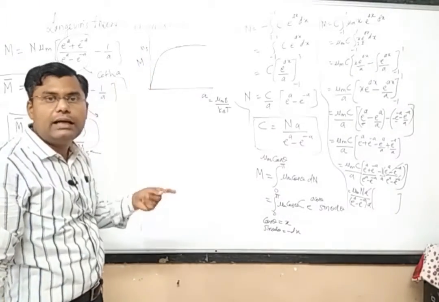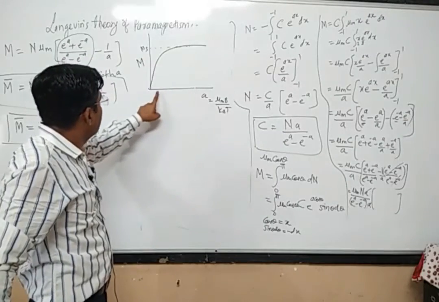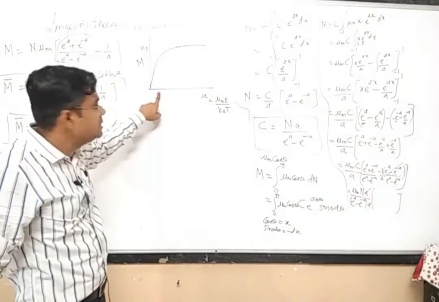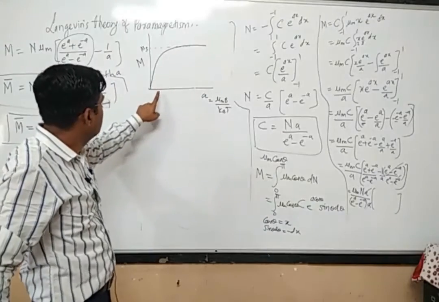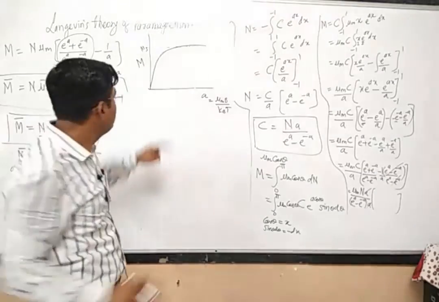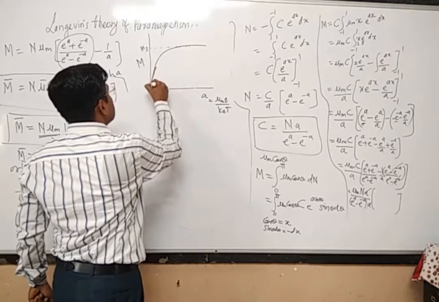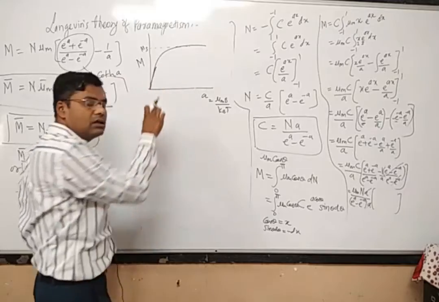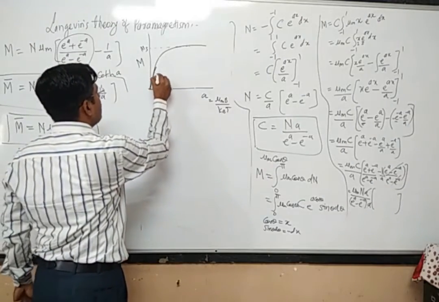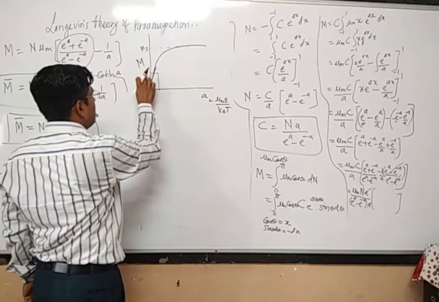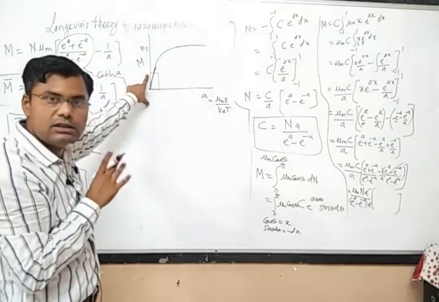So normally at normal temperatures, what will happen? The value of a would be small, because this saturation value will not be attained. Therefore, what should be the allowed value of a? The allowed value of a would be small, and in this small range the Langevin function curve is nearly linear. And for this small value of a, the value of magnetization will also be smaller.